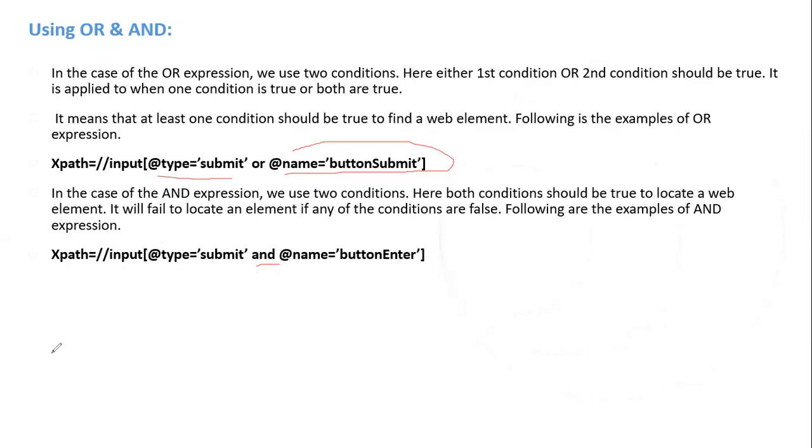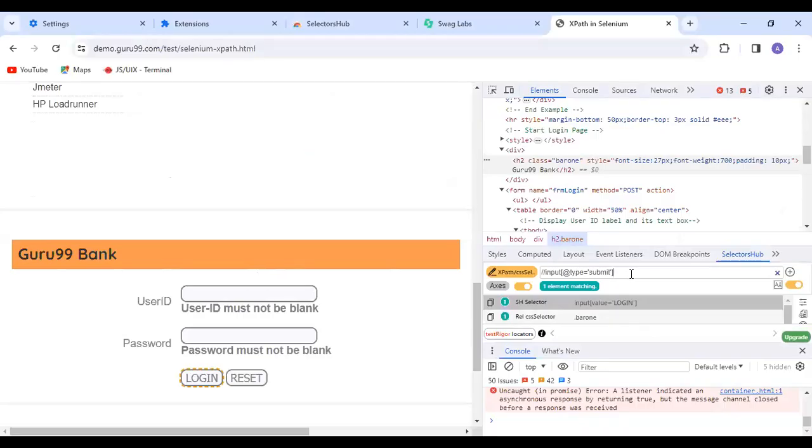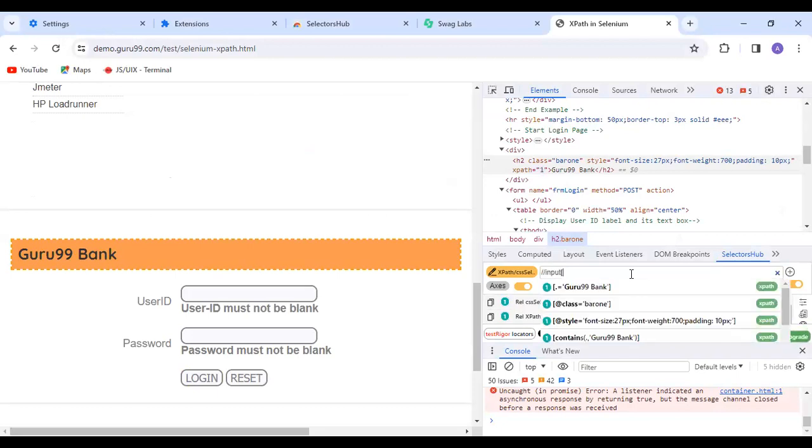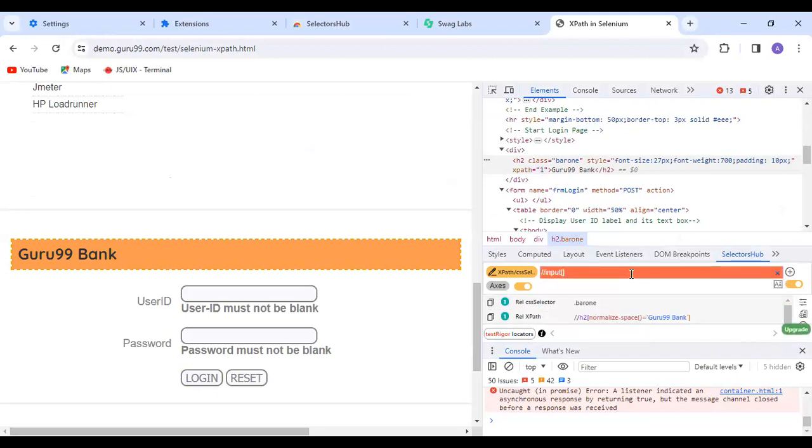Let's now try to write an XPath here. Suppose I want to locate all the input elements whose type attribute value is submit and name attribute is btnlogin. So how can you write it? //input, and now what is the type attribute? You can write @type equal to the type attribute value. Suppose I'm writing submit,